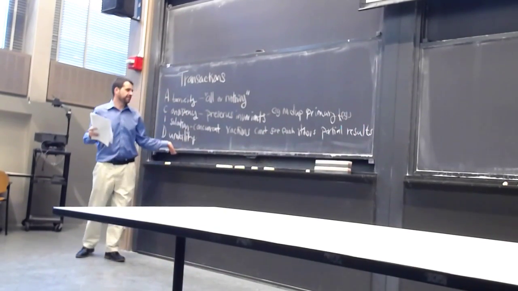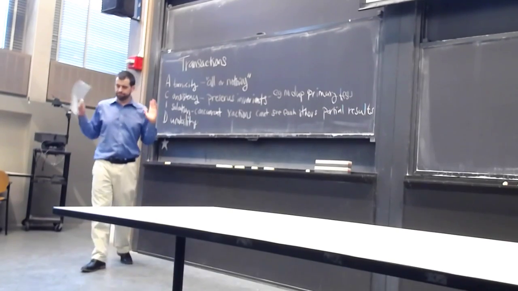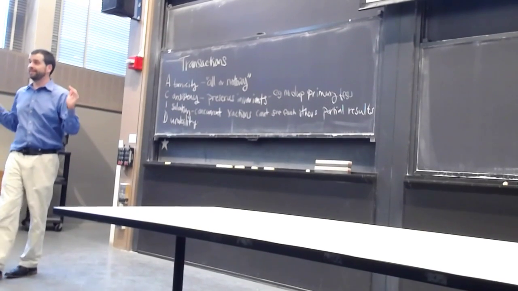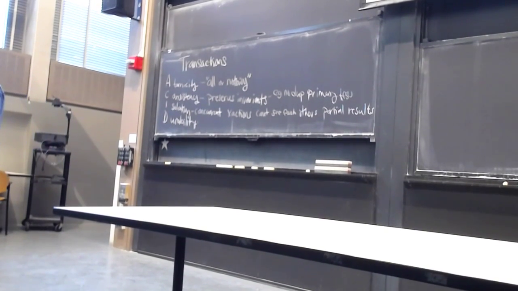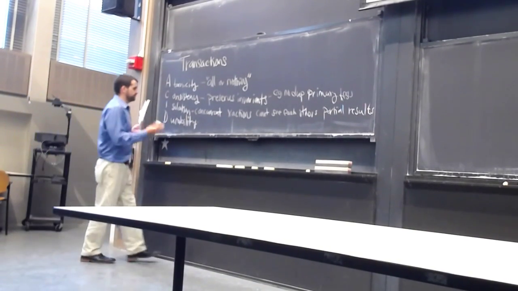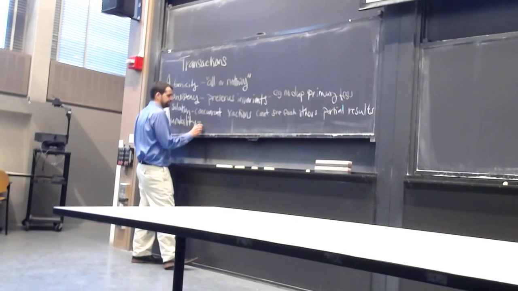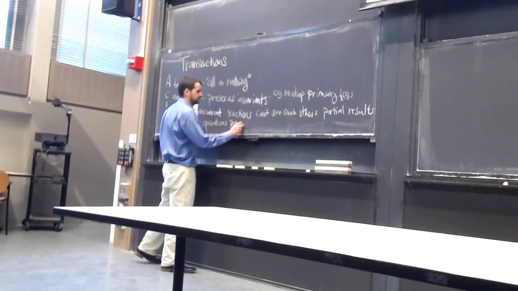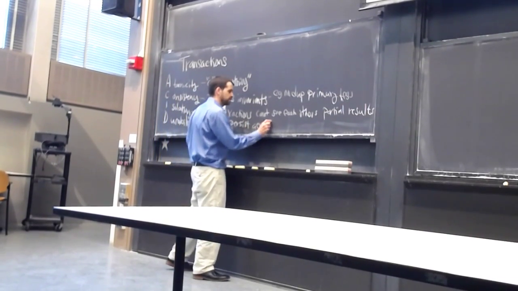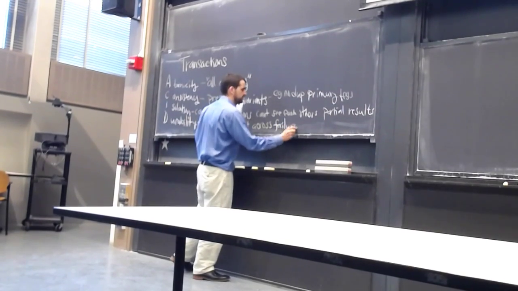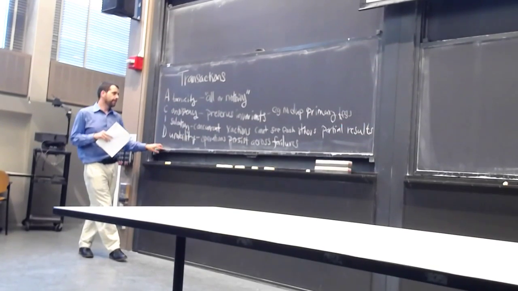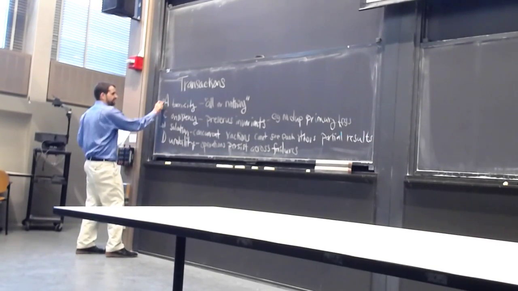Okay, and then durability finally is the property that says that when the system says that something is committed, when it says it's done something, it really means it's done that thing, meaning that even in the presence of a variety of different types of failures, operations will persist after transactions commit. We'll talk about how we make operations persist across failures in a couple of lectures. So really today we're going to focus on atomicity and isolation.